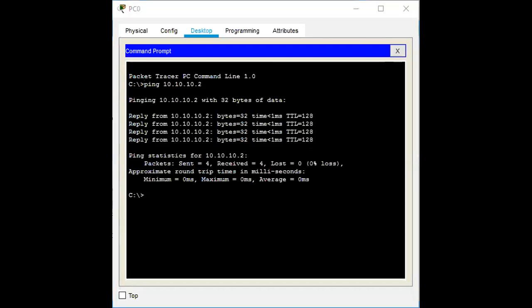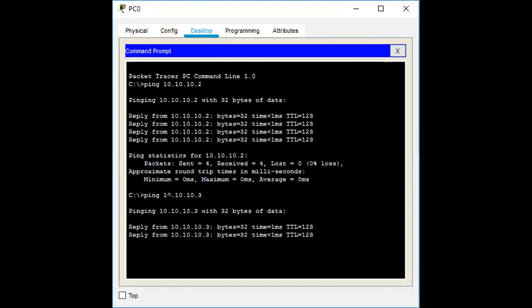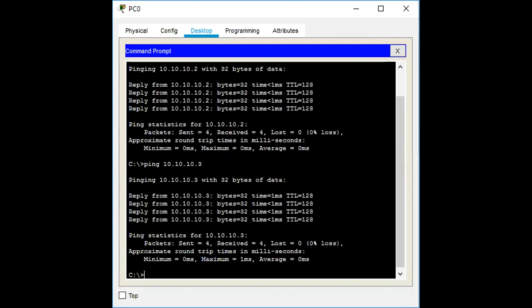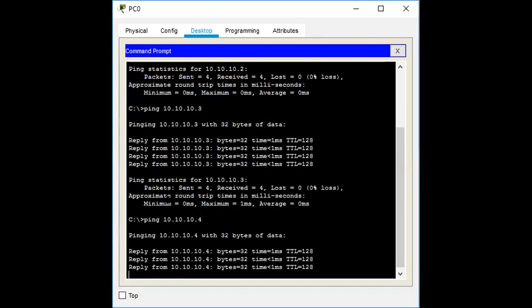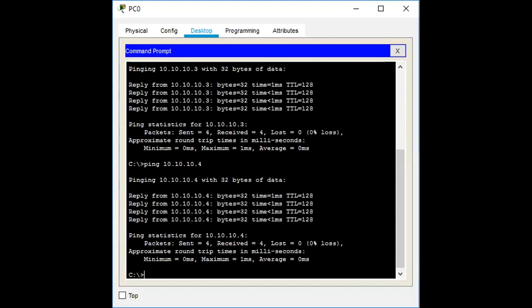Similarly, I check the third system. Next, you check the fourth system. 0% loss means the connection is established. Then the fifth system.